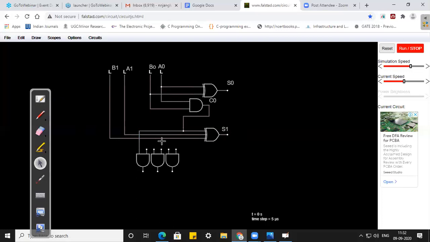This is my second AND gate, and I will connect it to C0. So C0 I have given to 2 gates. Then I have to give A1 and B1 to these gates also, because I want to calculate the carry.